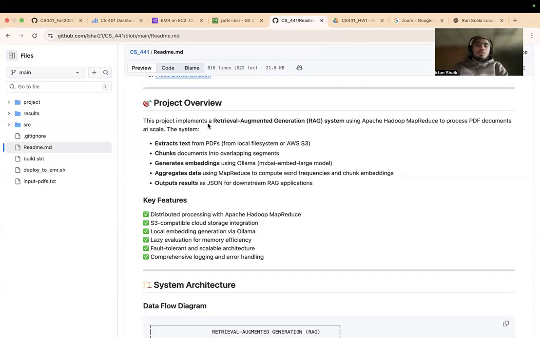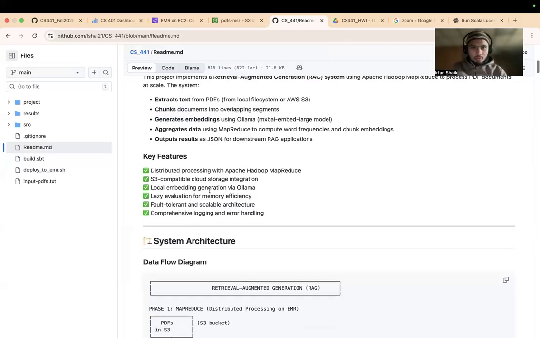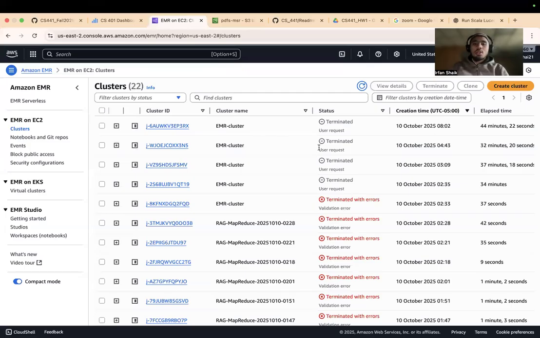We are just doing a RAG model, extracting the text and making chunks, then generating embeddings using Ollama. I use the mxbai-embed-large model and aggregate the data using the MapReduce concept, creating output results from there. So let me directly go to the first Amazon EC2 instance, because it takes a